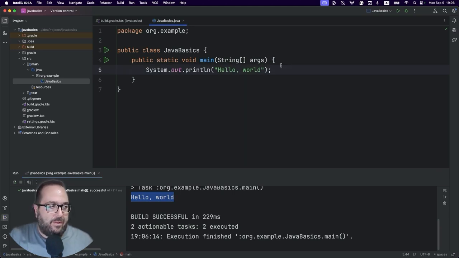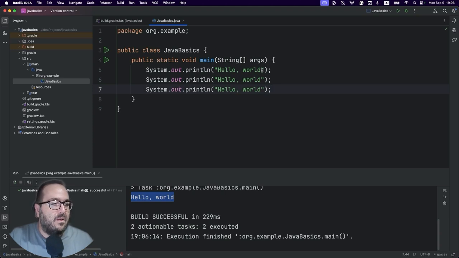Going back to our main method, you will see that it has some curly braces. Whatever is inside the curly braces is going to be executed. So because the main method is going to be executed when our application starts, it means that it's going to execute whatever is inside the curly braces. At this point, we have only line 5, but we can copy this line 5, go back and paste at line 6 and line 7, and we can say hello world 1, hello world 2, hello world 3.